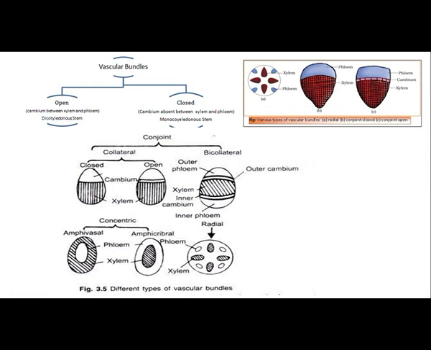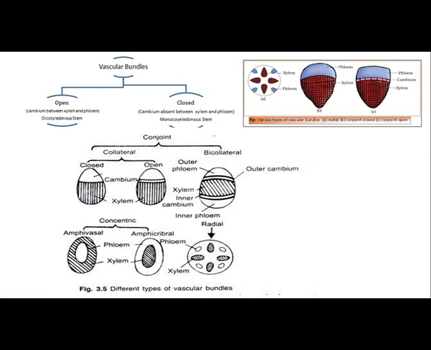Now, normally xylem lies toward the center and the phloem towards the periphery. This is the normal convention. Now, the conjoint vascular bundle can be of two types. One is the collateral conjoint vascular bundle, and the other one is the bicollateral conjoint vascular bundle. Now, collateral vascular bundle is something in which the xylem and phloem lie on the same radius. You can see the xylem towards the center and the phloem towards the periphery. Now, it can be divided into two types: closed if the xylem and phloem are not separated by cambium, and open if the xylem and phloem are separated by a cambium. This is the cambium layer.